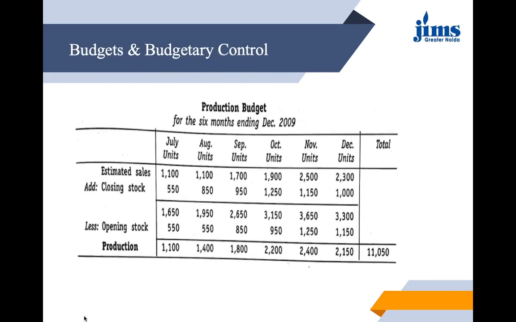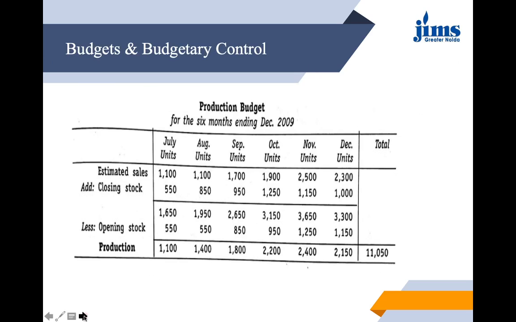First of all, how to prepare a production cost budget. You can see we have prepared the monthly budget, in which we have mentioned all the products here. We have utilized all the information given to us. Like if I see closing stock, they have mentioned that half of the sales of the next month will be the stock at the end of every month. So I have taken half of it accordingly. You can have a look at that. This information is given in the question, and finally we can see the total. We have 11,050 units after drawing this up.